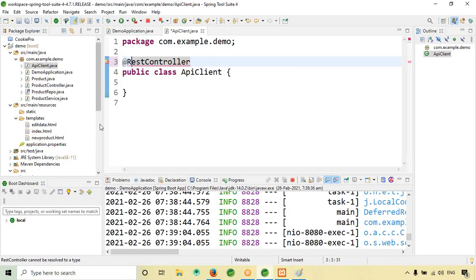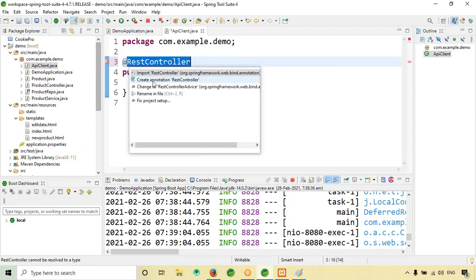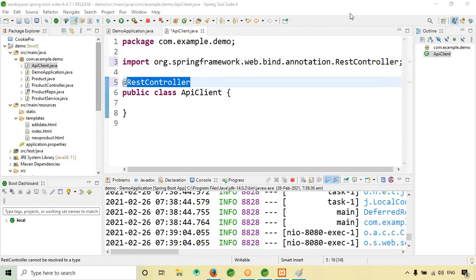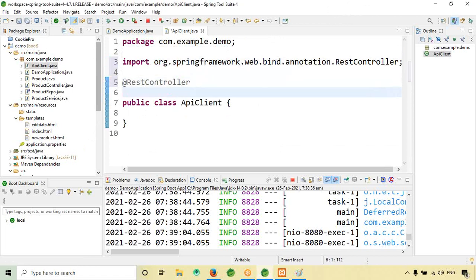That is the beauty of using Spring Boot. So for that I am implementing the RestController. Let me import it. Okay, so I have implemented RestController here. @RequestMapping.